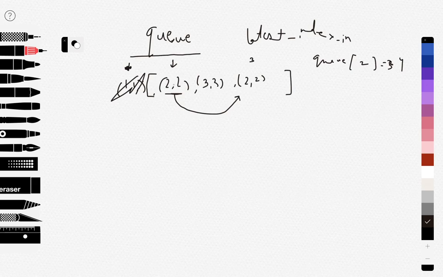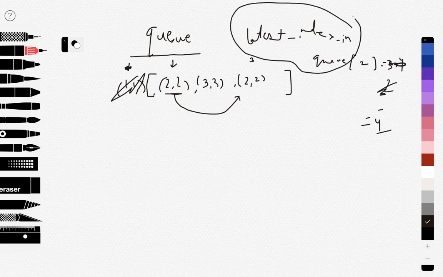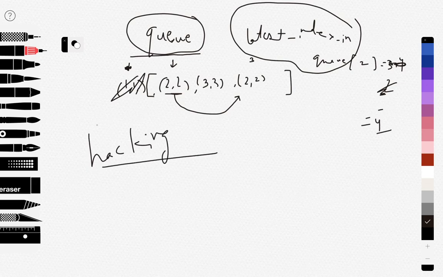Now since we call a get operation on this value, it is appended again to the queue, but the latest index of key 2 is updated from 2 to 4. So these are the internal structures that we are using, this latest index in queue and this queue itself. I could have used a simple queue, but I don't think there is a queue data structure in Golang, or even if there is, I would have to see the documentation and implement it, so it's better to implement it ourselves like this. So we are just hacking this queue data structure by ourselves.